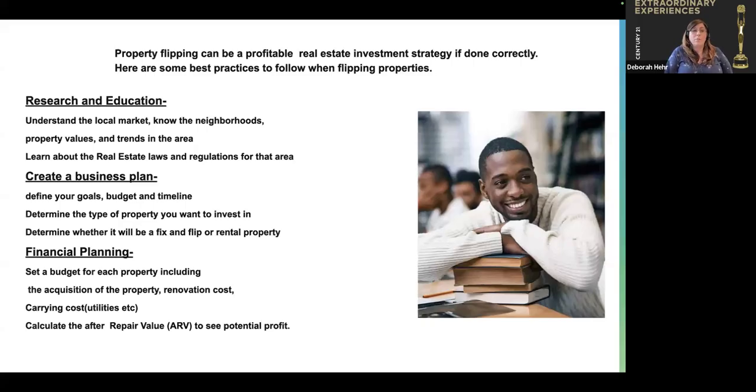Include the property price when you're doing that. That's the acquisition of the property, how much the renovation cost is going to be, and the carrying costs, which a lot of people forget about. How much is the gas bill every month? How much is the electric bill every month? Because until you either have a tenant in there or you sell it to someone else, you have to pay for all of that, right? So you got to make sure you understand that. Also, calculate the after repair value, the ARV,